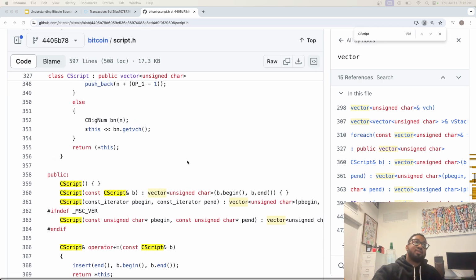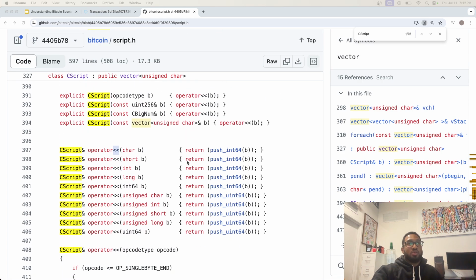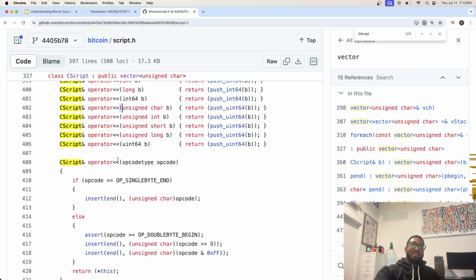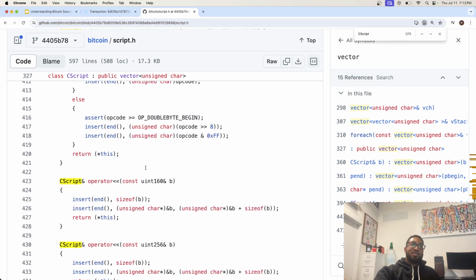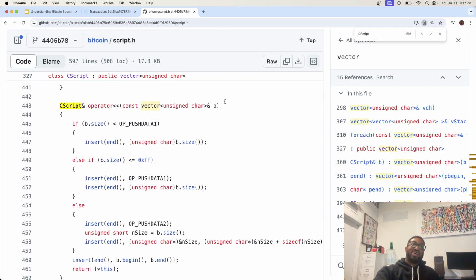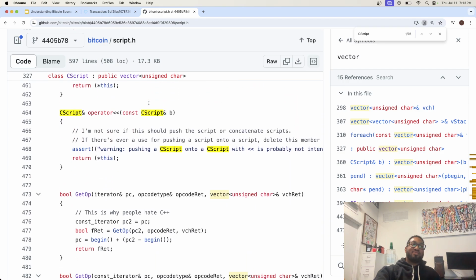How do you push your signature on this? Is there some opcode for that? You could put it in as data, right? There are operators for unsigned characters, and you could just shift it in. I mean, there are other overloaded things. You have to find the right one. I guess you could have multiple signatures in this thing.